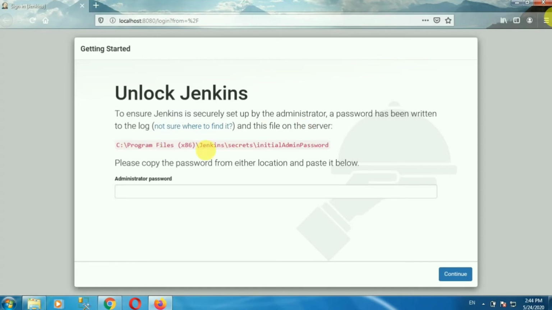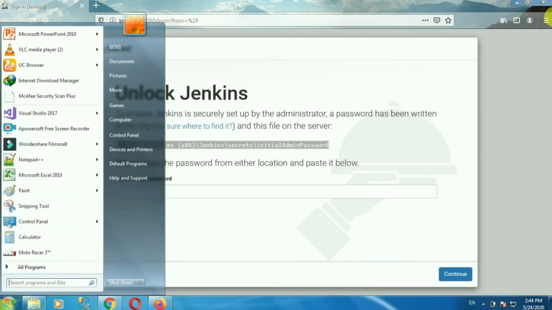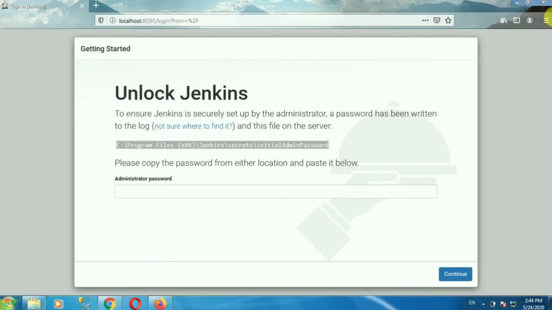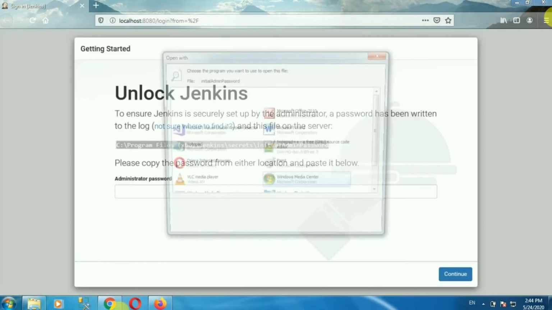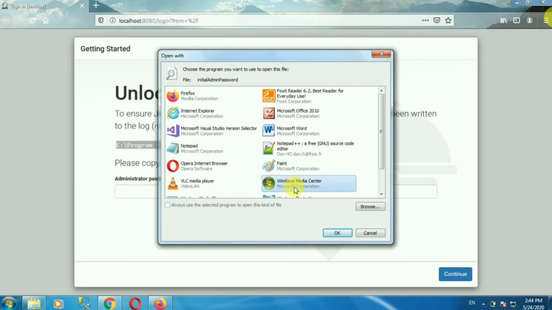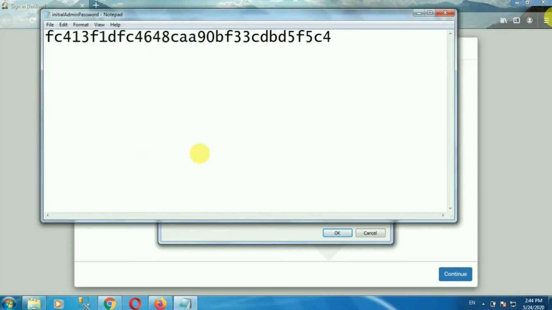Here is the path where the password is stored. Copy that path and go to that path. So here is your initial password.